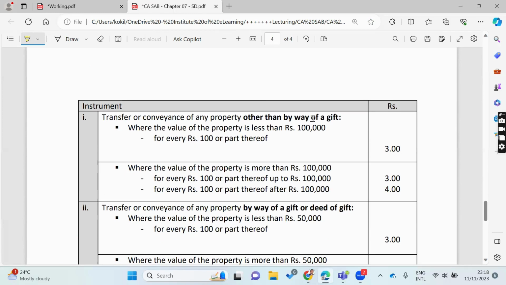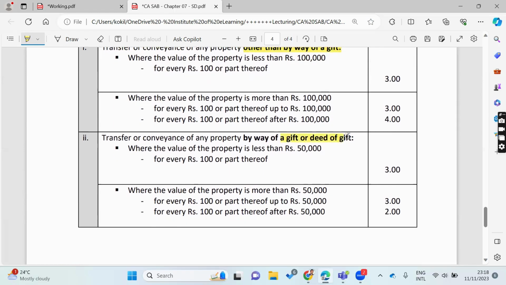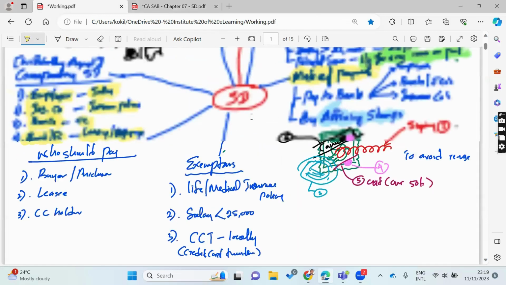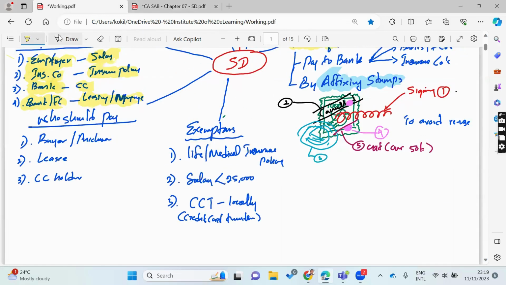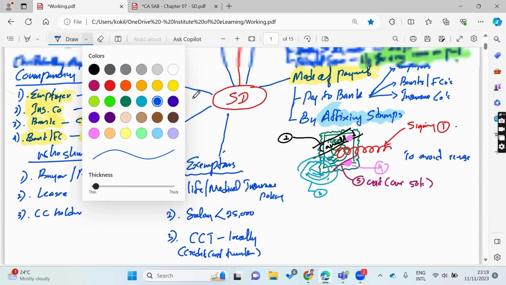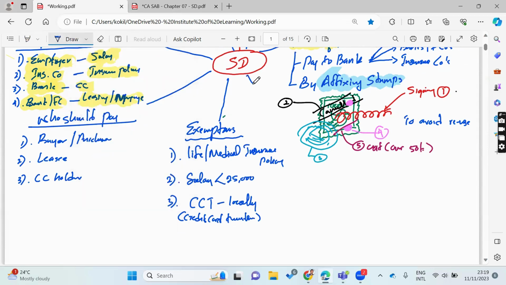We transfer deeds in two ways: other than by gift, and by way of gift or deed of gift. We have two types of transfers when it comes to deeds. So if you are having any deed transaction with the Provincial Department of Revenue,